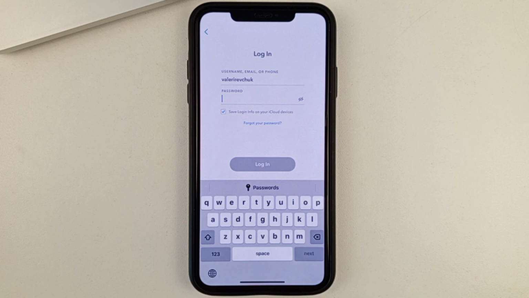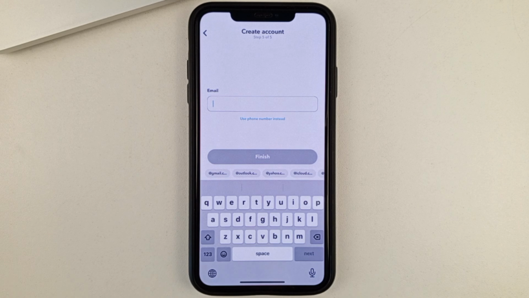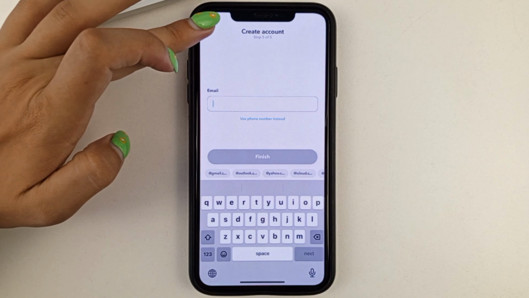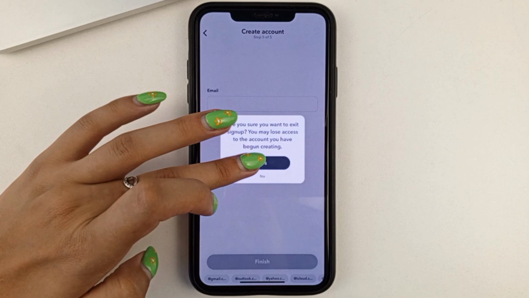If you don't have an additional account, then you will need to click Create on the bottom left-hand side. And then start creating your Snapchat account. Enter your email, then enter your username, your details, then make yourself an emoji and then your Snapchat account. Emoji and then your account will be created.